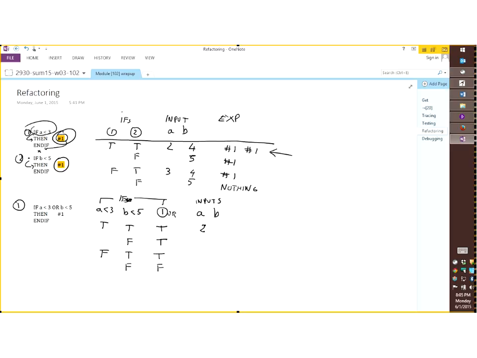Let me double check that this is correct, okay? We have a 2 for A, 2 is lesser than 3, so this is going to be true. So I can use the value 2 here for those 2 lines where A lesser than 3 needs to be true. And then when A lesser than 3 needs to be false, I'm going to use the value 3. Again, I stick to the boundaries. So this is for true, this is for false. Now I'm going to look at B. For B lesser than 5, I can use 4. So I can use 4 here, I can use 4 here.